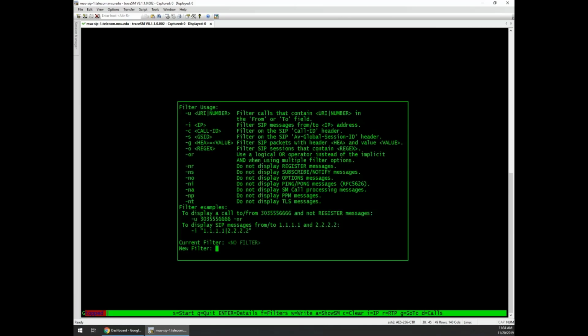It's going to show you this little box over here that says this is how you use a filter. And it's kind of nuanced. But the things that you're really going to want to concentrate on are either the U or the I. So if I type in -U and then a phone number, let's say 22528, it's going to show any packet that has the phone number 22528 in the to or the from. Now it could also be